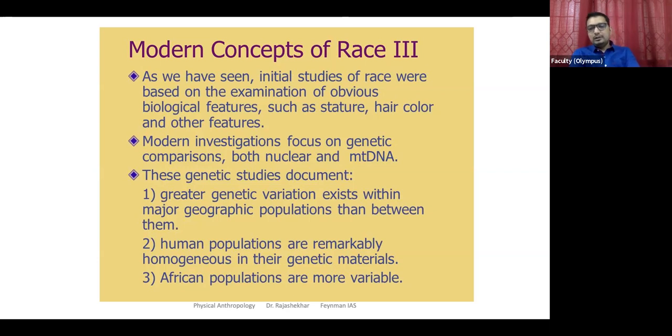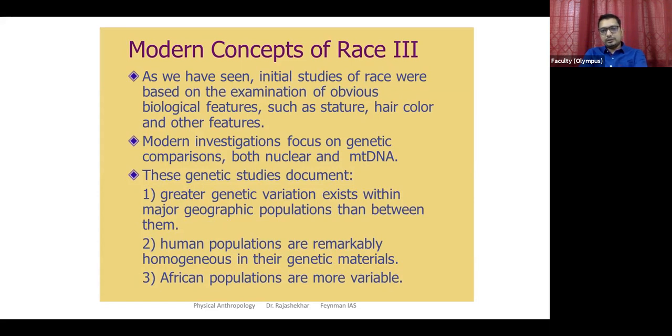But of course, we talked about this in adaptation, genetic adaptations, that they also acquire some changes which are better suitable to us in the given environmental context. Right? But they can provide us clues that are unchanged. You can get the DNA of our ancestors and check with us today how much did we change over a period of time. So modern investigators are focusing on